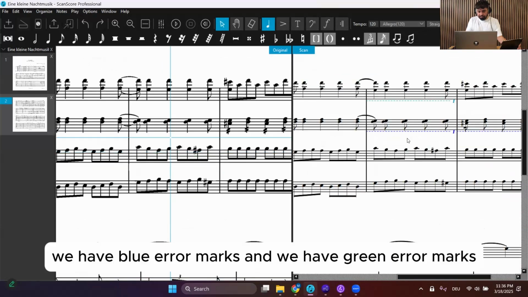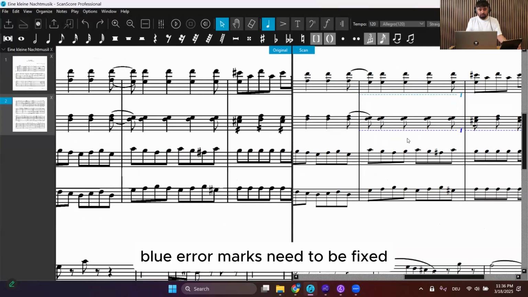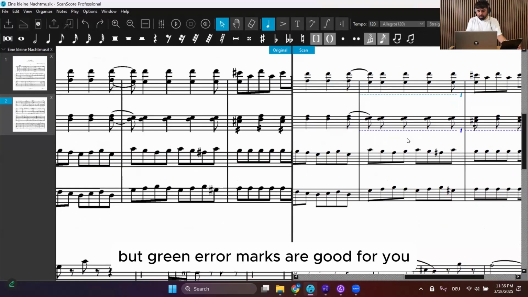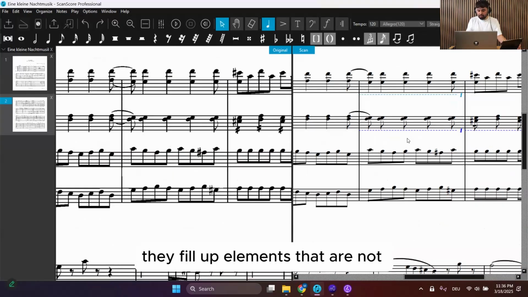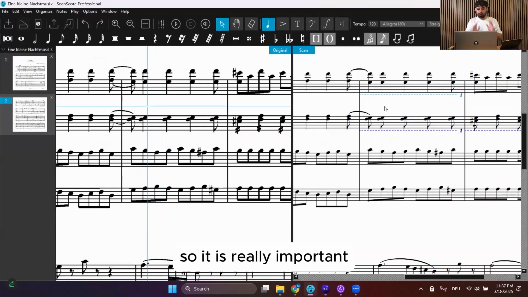So we have blue arrow marks and we have green arrow marks. Blue arrow marks need to be fixed, but green arrow marks are good for you. They fill up elements that are not correctly recognized, but we will talk about this later. So it is really important